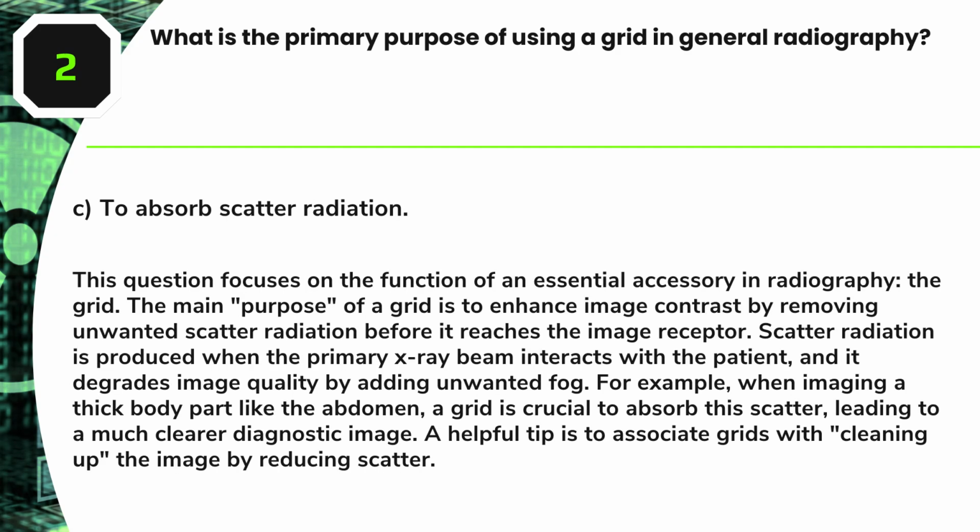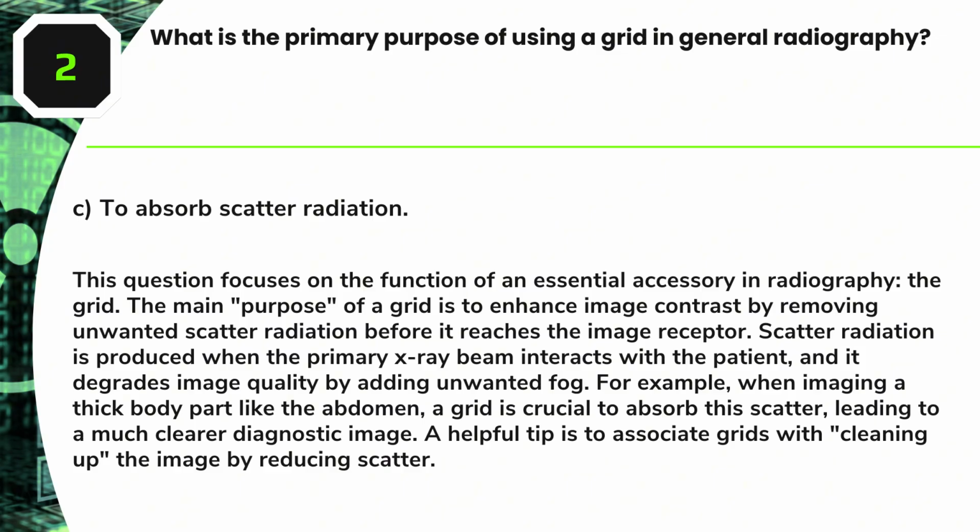Answer, C. To absorb scatter radiation. This question focuses on the function of an essential accessory in radiography, the grid. The main purpose of a grid is to enhance image contrast by removing unwanted scatter radiation before it reaches the image receptor. Scatter radiation is produced when the primary X-ray beam interacts with the patient, and it degrades image quality